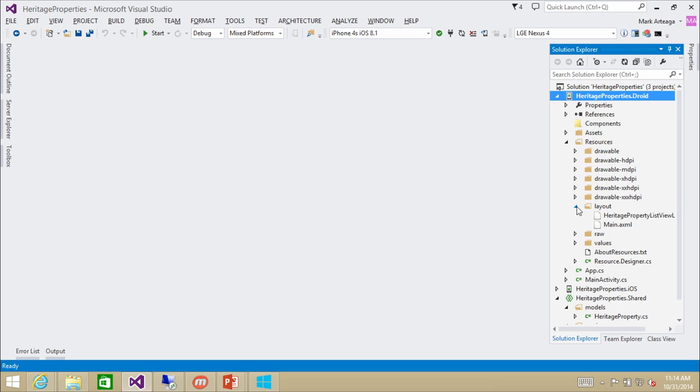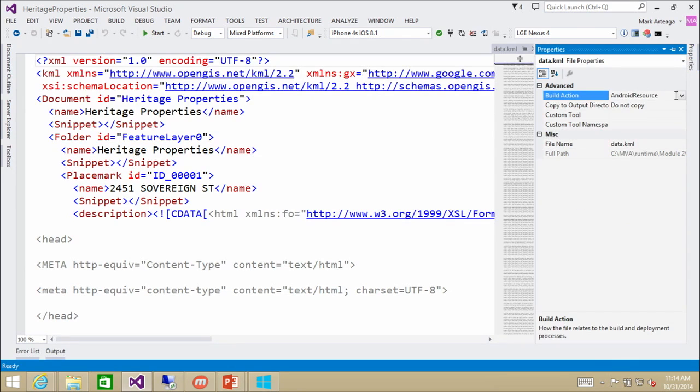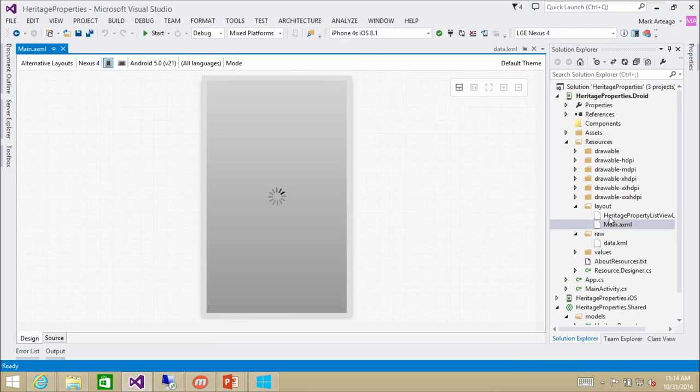And in the resources, what we've done is we've added the data.kml file, which is the same KML file we're using in the other one, and we're adding it as an Android resource right there. So that's the data that we're going to load up, and then in our main.axml,